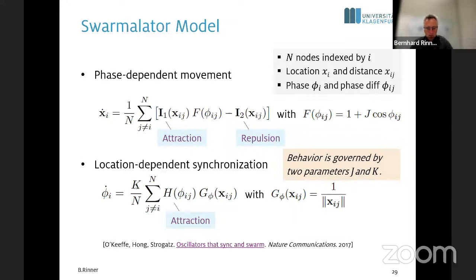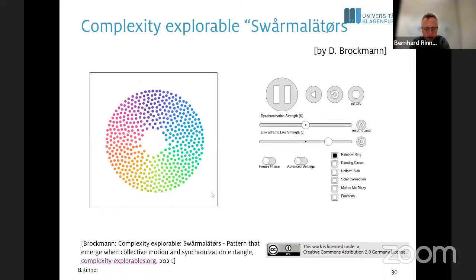They are jointly connected. So we have the phase and the distance in both models of the input, and this influences then the time derivative of the position and the time derivative of the phase. And what you can see here is that different behaviors emerge. What you see here is taken from this website, the complexity explorables, and here you can find different self-organizing systems. So what you see here is a specific pattern that emerges based on a specific value